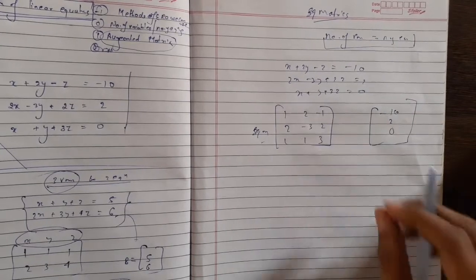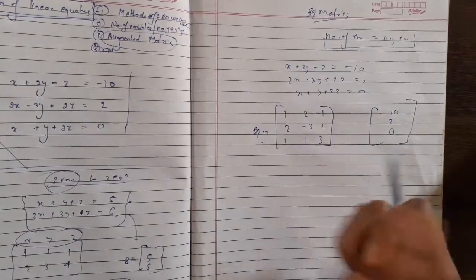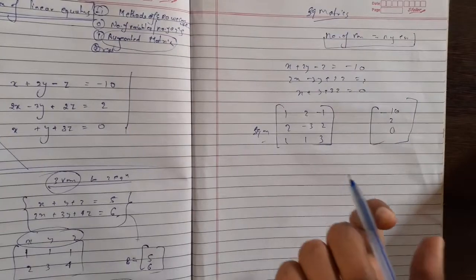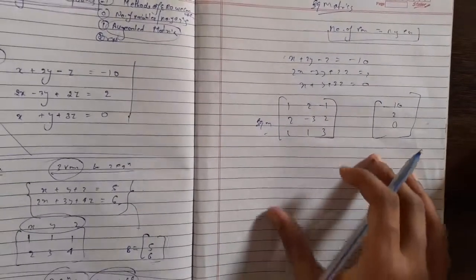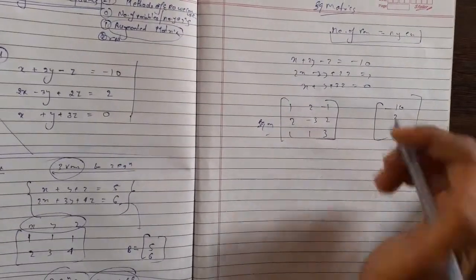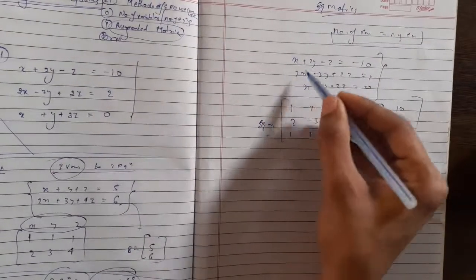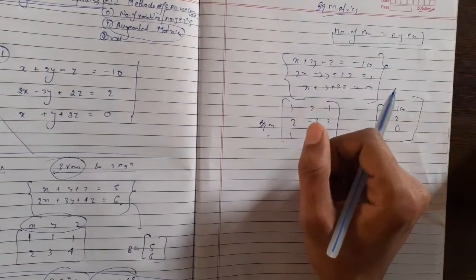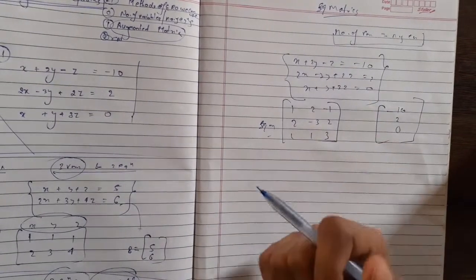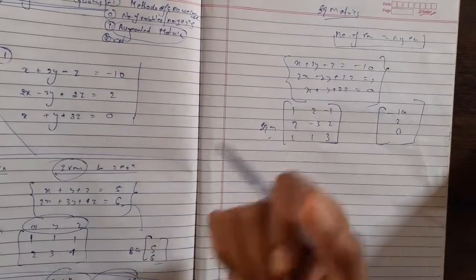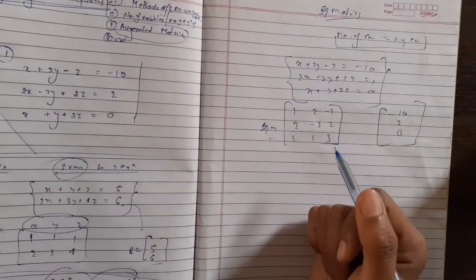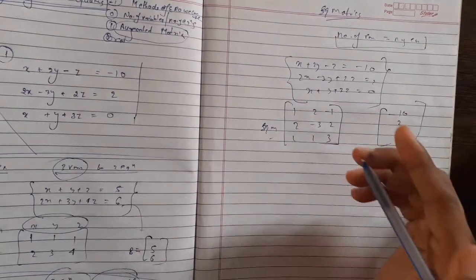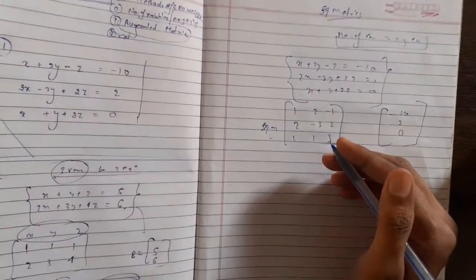If we have the number of equations equal to the number of variables, in that case we can easily find the unique solution. So how can I find the unique solution? If I want to find the unique solution of these three equations, it will be very difficult by using the substitution method, matrix method, and any other method which we have learned till now. But I want to solve this equation by an easy method.